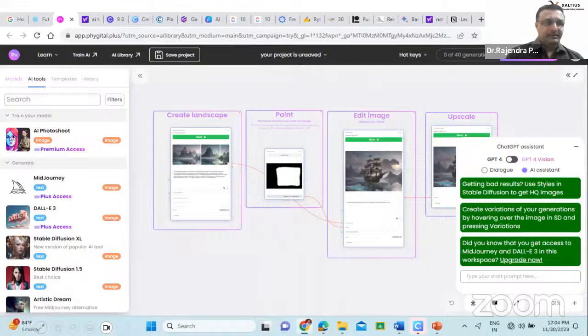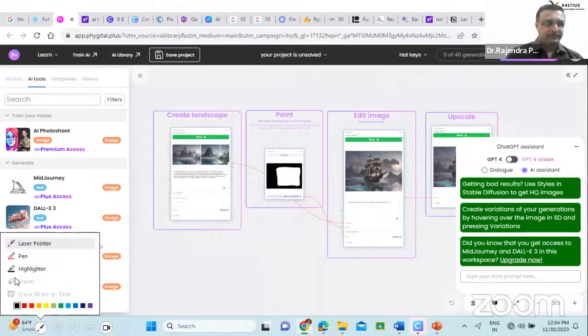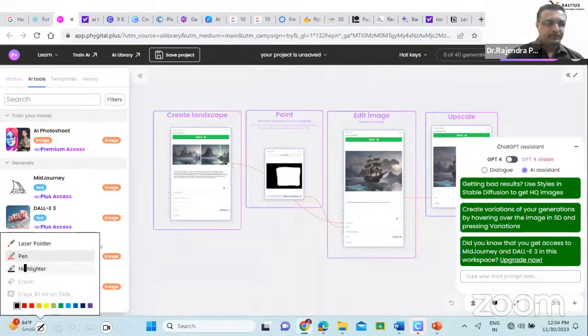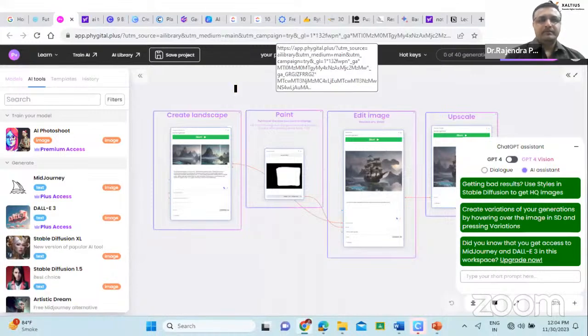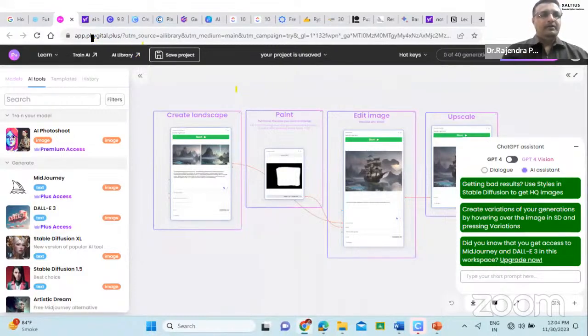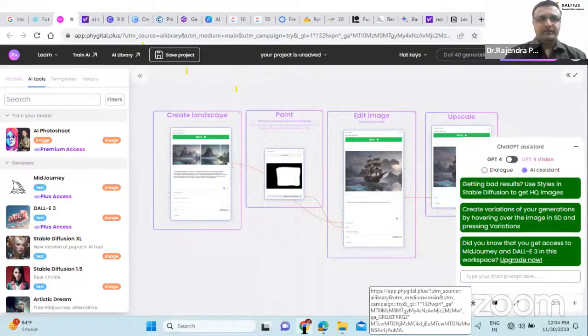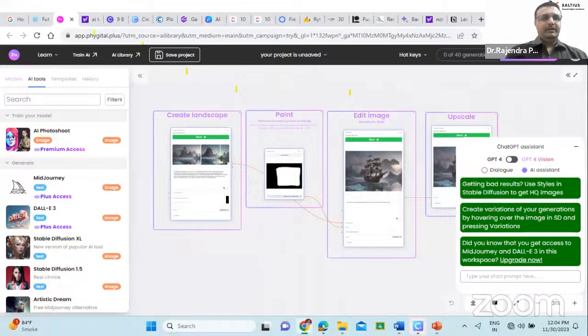Okay, we'll explore these tools now. So app.digital, we'll just visit this site. Yes, I'll share the links also.